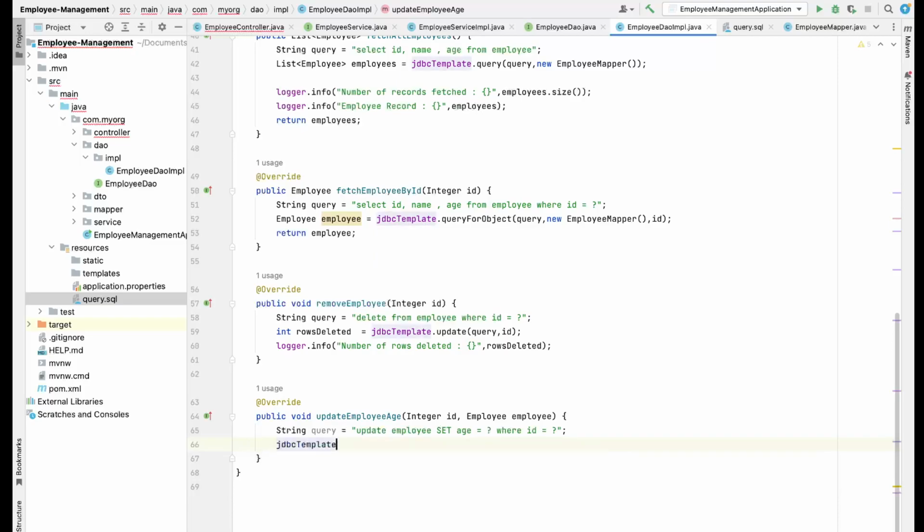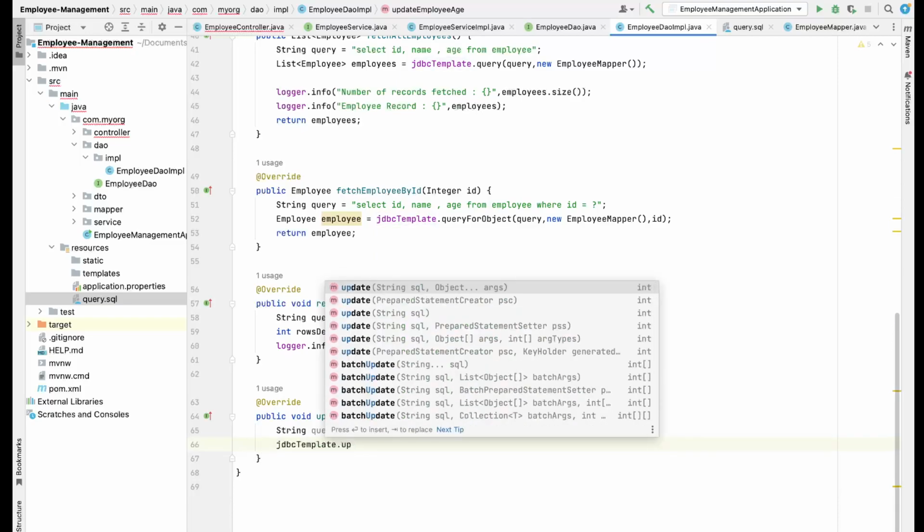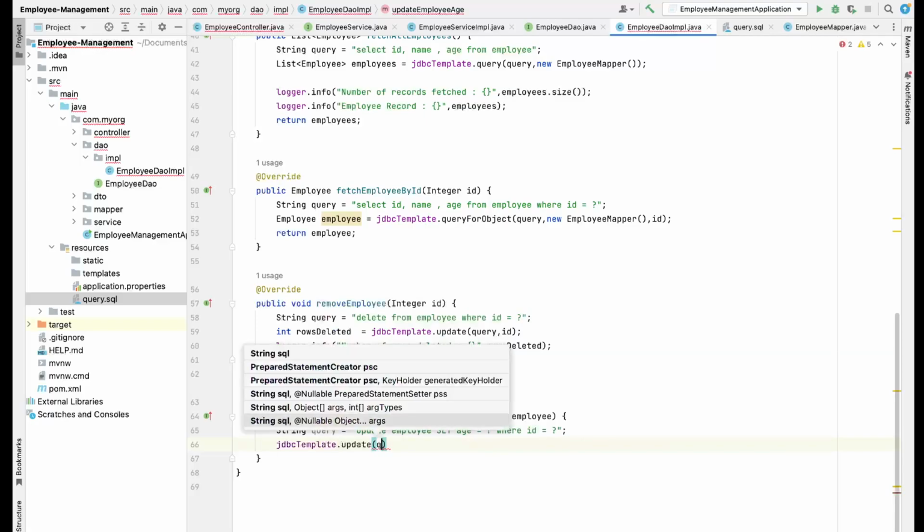So it will be JDBC template dot update. As of now we have used different JDBC methods, like JDBC template dot query for querying all the records of the employees, JDBC template dot query for object if you want to query for a single object, and for the rest of the things like insertion, deletion, or updation, we are using JDBC template dot update. So we will pass this query,